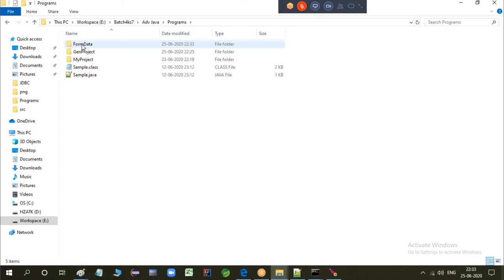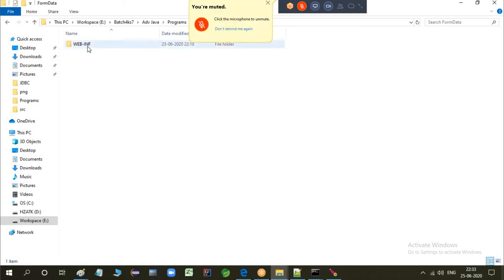Like what is inside the server? Like I said, whatever you're giving inside the WEB-INF are the web components, means servlets, JSPs, all those things you have to give inside. Because that is inside the server.